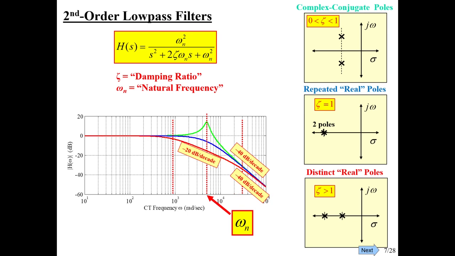Which should we use? It depends on what you're trying to do. Although I will say in most audio applications, we're probably somewhere around that range. Sometimes we want a little peaky thing, and we'll see that we can use that for a wah-wah pedal or something like that. And sometimes we just want it to roll off nice and smooth, and we don't want this intermediate. But it could be whatever you want. The more you understand about this, the better you can design things to do what you want. Okay,